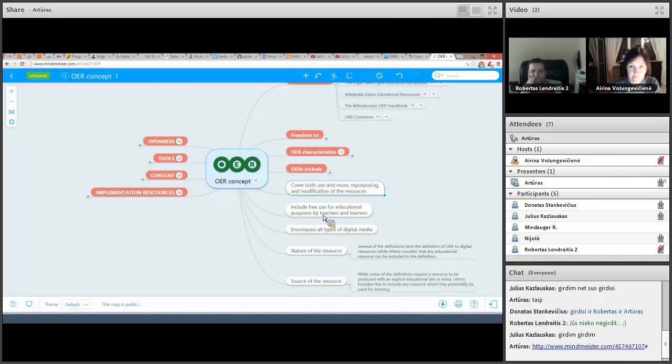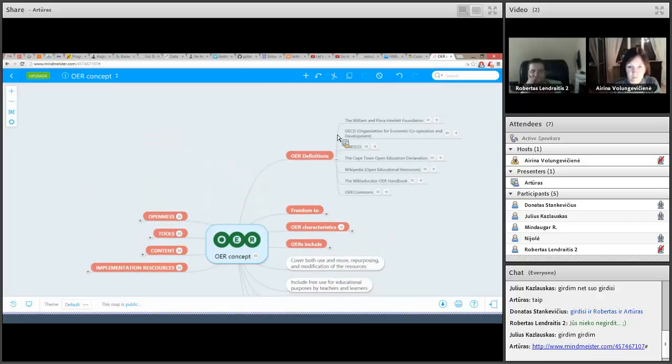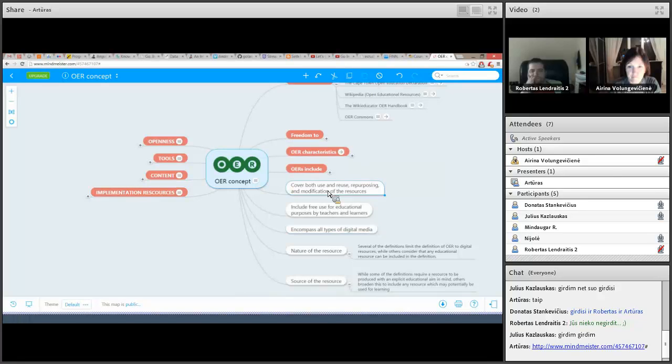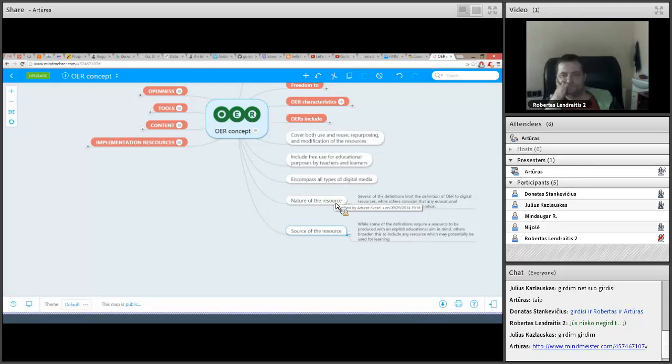Those first three are basically all those where the definitions all mention these things, and those last two are not so. They are mentioned in some groups and not mentioned in others, so it's not generally accepted. You can discuss those two terms.